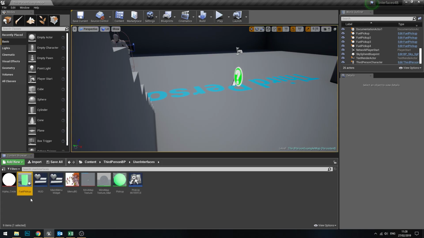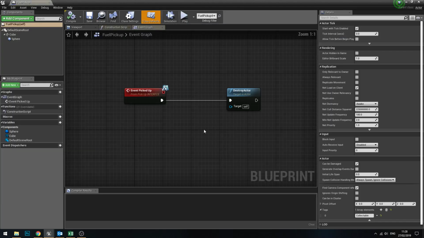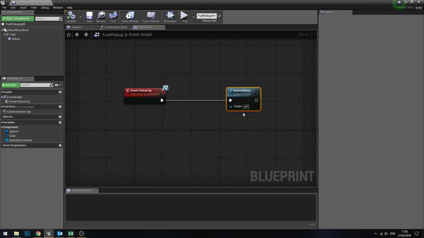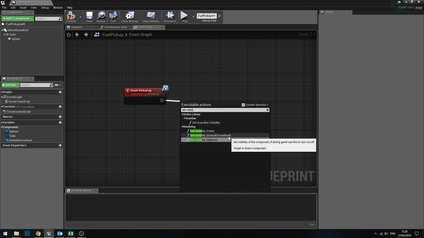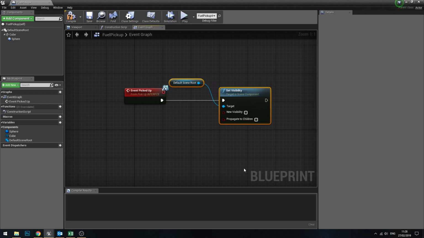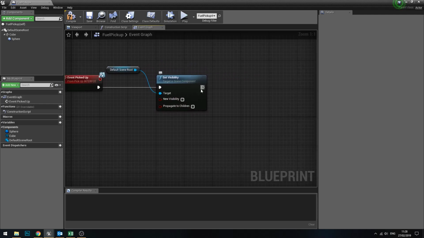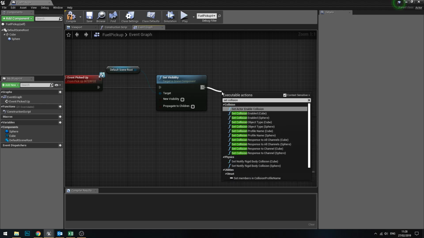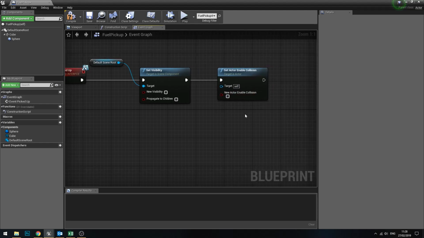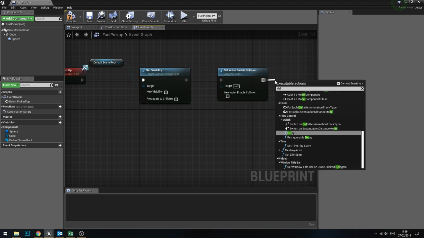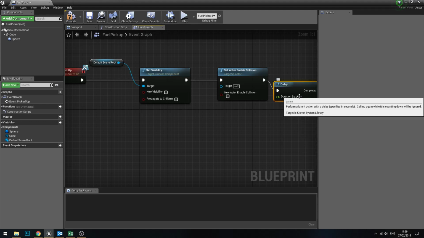If instead we didn't want the object to be destroyed, we could set it up so that it instead, if we break off this node quickly, when it's picked up, just 1 second, set visibility for default scene root. So we're setting visibility to be false, and set collision for the sphere. Set collision. We want to set enable the actor's collision for self. New enable actor collision is false, and then we could do a delay of maybe 5 seconds,